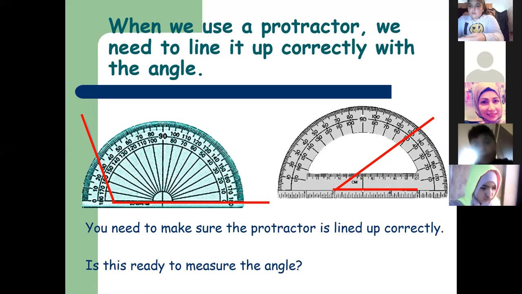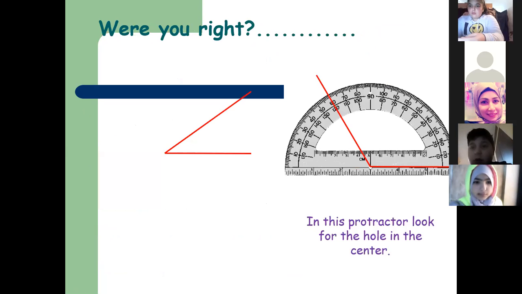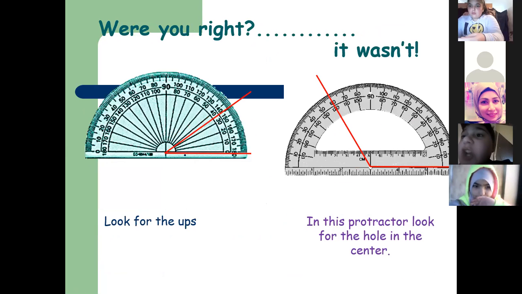نحن قلنا the most important thing هي السنتر والزيرو لاين وذا two scales الانسايد والاوتسايد. The first step in order to measure this angle, you need to make sure that the protractor is lined up correctly. Is this ready to measure? No, it's not ready. Why? Teacher, لأنه